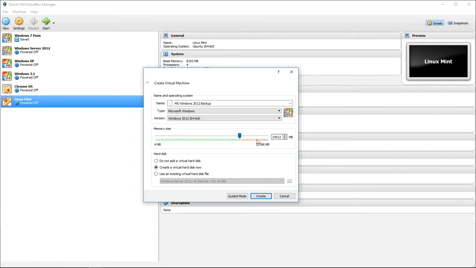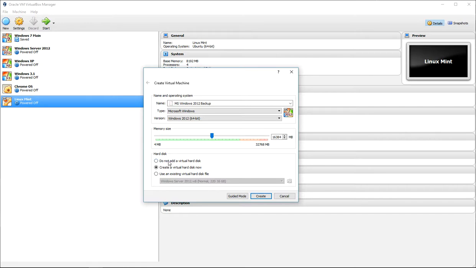It's not half, excuse me. It's how much your main operating system needs at a minimum to operate. So Windows Server 2012 doesn't need 24 to run. I'm going to give it 16. But don't run a bunch of virtual boxes that are running all of your memory. So if you run 3 Windows Server 2012 machines, and they're all running 16 gig of RAM, it's going to use up all of your RAM. So you just want to keep that into consideration, but you don't want to give it too little. You've got to give it the minimum for your operating system. You can't go 4 meg because your operating system won't install. You've got to give it the minimum that your operating system needs, and that's where you'll check your operating system out and check to see how much is your minimum required.